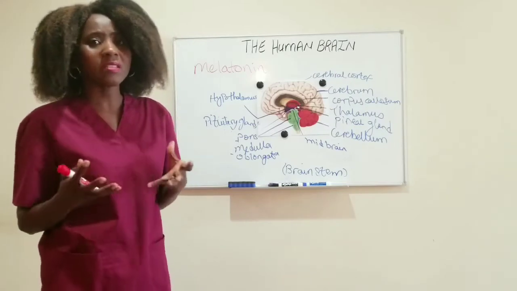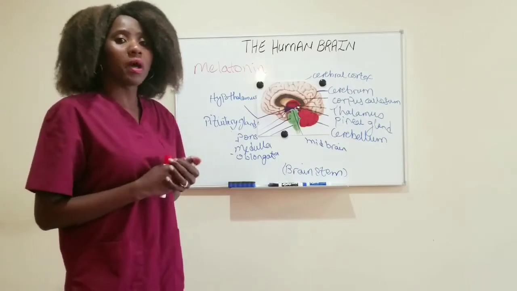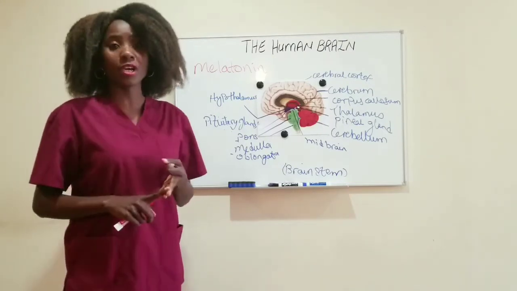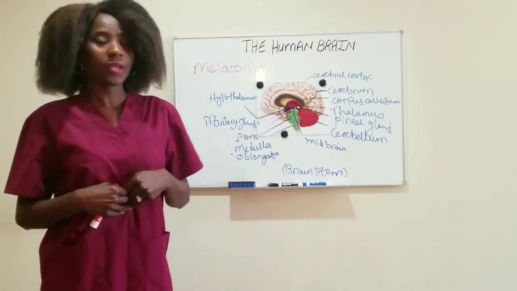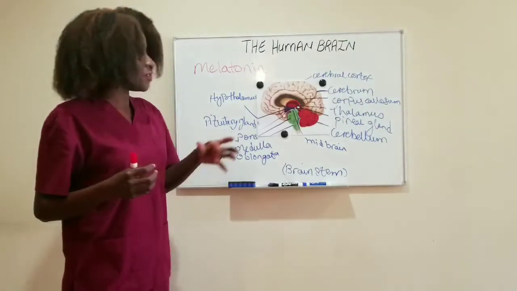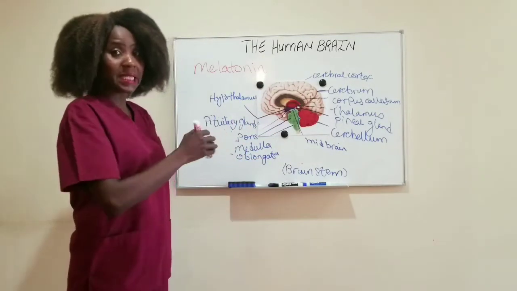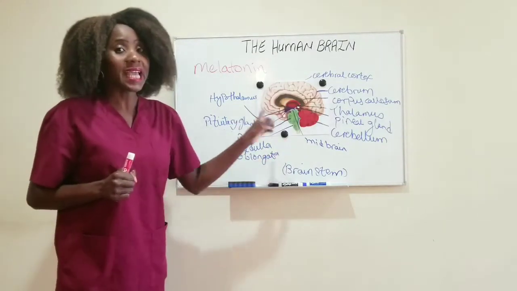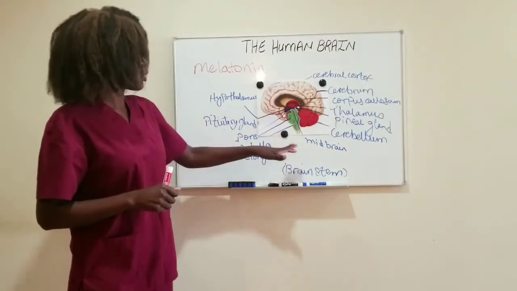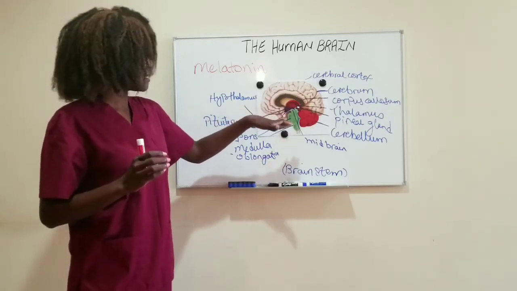Now, the brainstem is responsible for a lot of the autonomic physiological functions of our body. So it will be responsible for maintaining our heart rate, our blood pressure, our respiration, and even digestion. Now, the brainstem has what we call pathways, okay? And these pathways travel up and down. So the ascending pathways, which are the ones that go up, take sensory information to the other parts of the brain, okay? So it will take sensory information to the thalamus, like we said before,